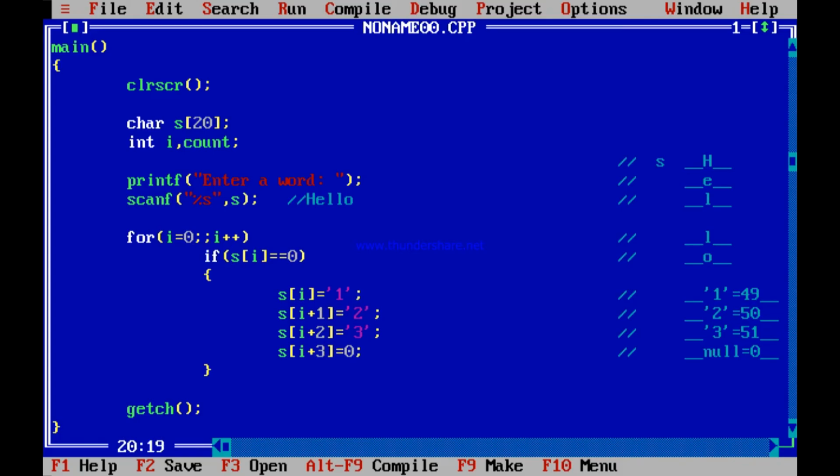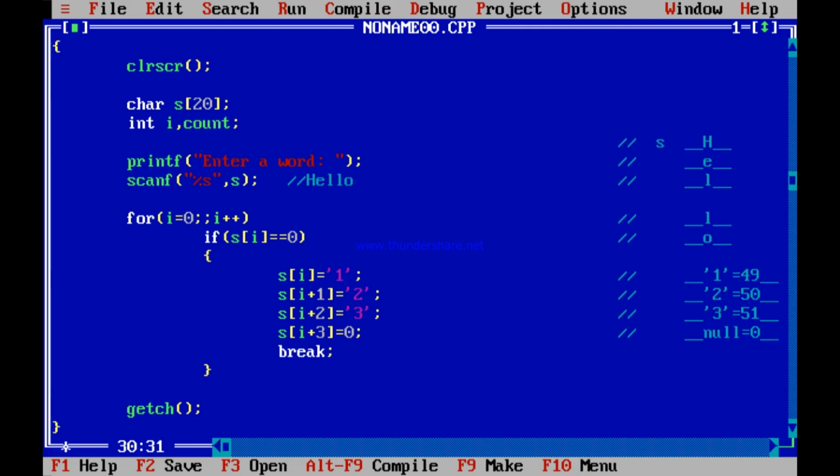In the for loop, I am checking for the characters one by one. When I reach the end point, at the end point I just append the 1, 2, 3. The point where this 0 was, in that point, instead of the 0, I appended 1, then I put 2, then I put 3 and shifted the 0 downwards. So this thing was done fine, but this for loop has not been broken out. This for loop has become infinite. It is going on and on, and i is increasing and increasing. So this is the mistake that I made. I need to rectify that. Over here, after this part is done, I need to break out of the loop. Isn't it so? Only then will the program run.